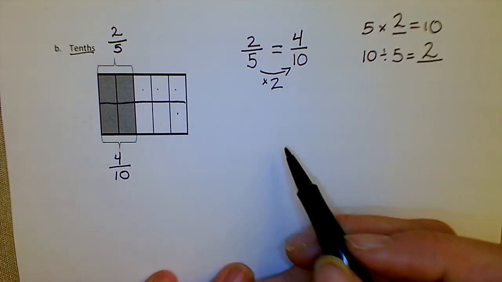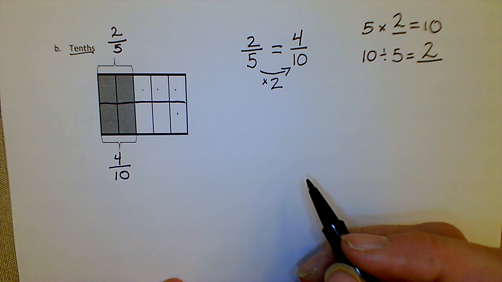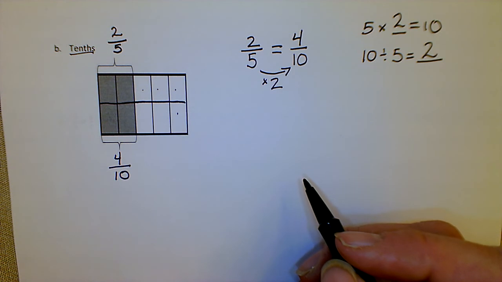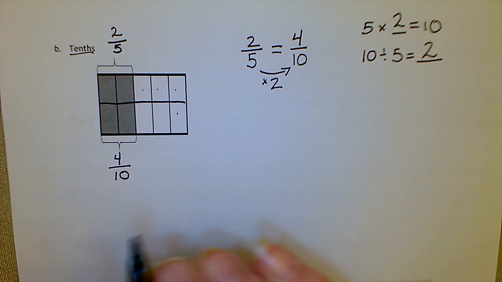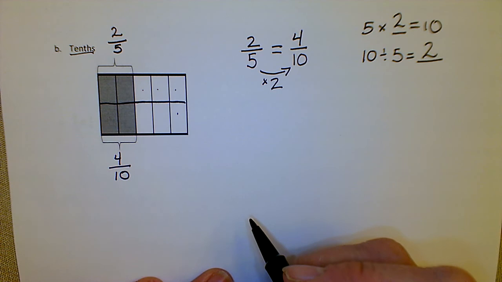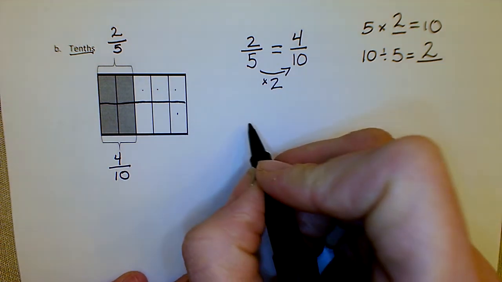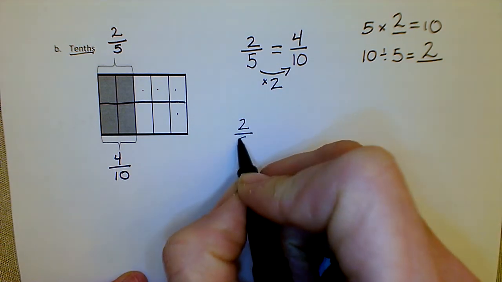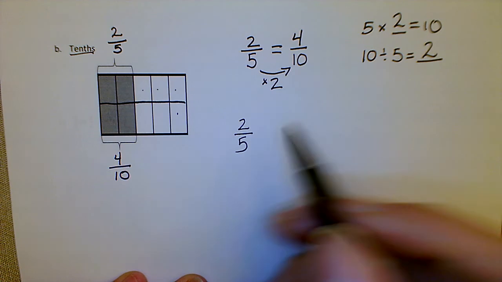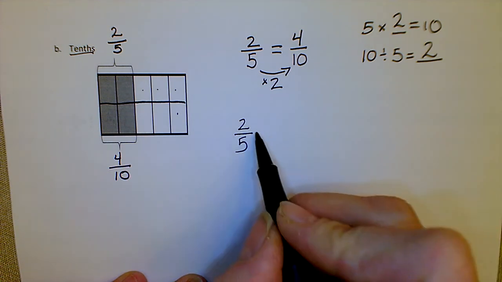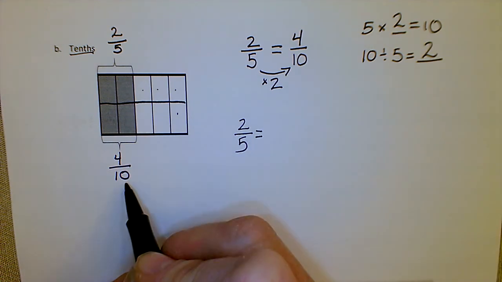Okay, so now though we have to get into the slightly trickier part, which are those number sentences. So again, we are not doing it the way they did it on the top. We are doing it a little simpler, a little more clear for our purposes. So if I take 2/5, which was the original fraction,